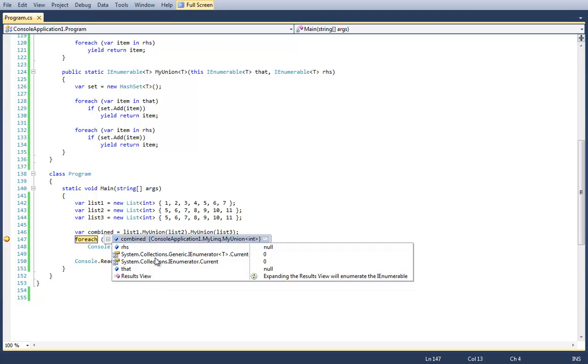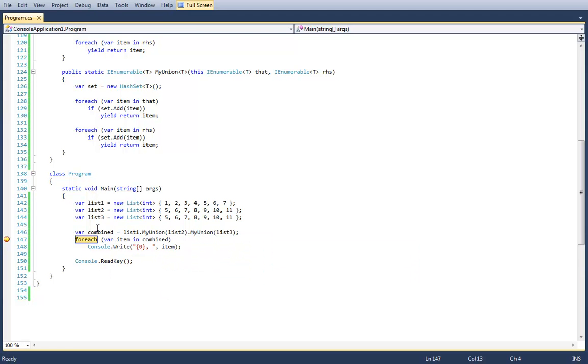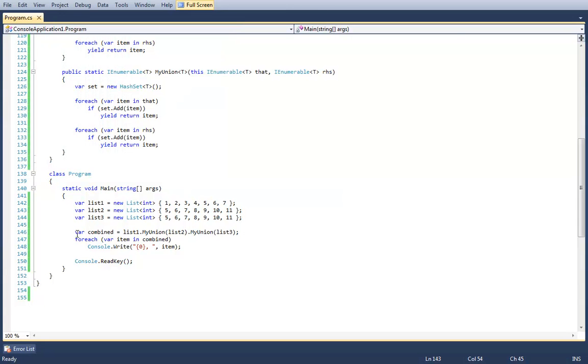No, sadly, it's abstracting away the fact that there is actually a hash set field on this object. That means that while this IEnumerable is in scope, the hash set will not be garbage collected. And that's about that.